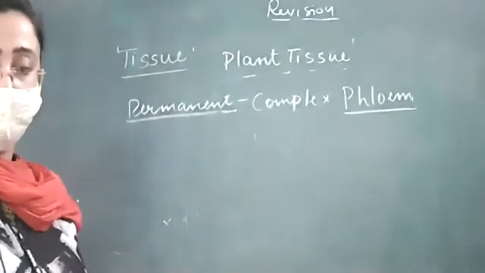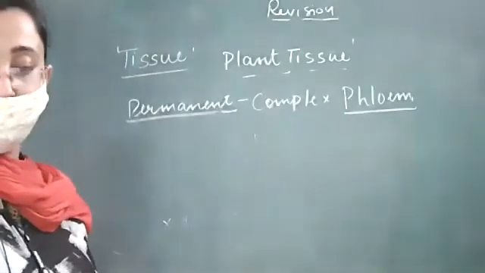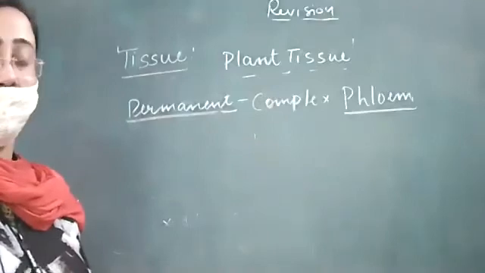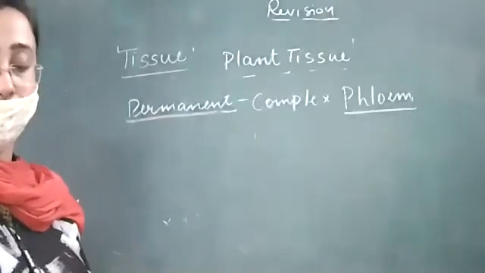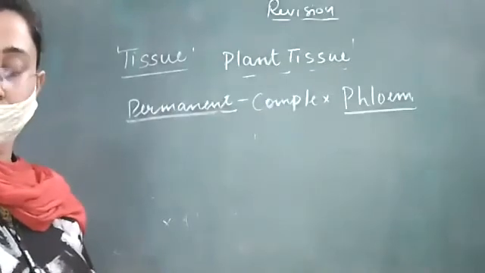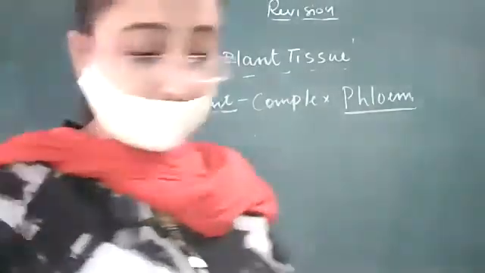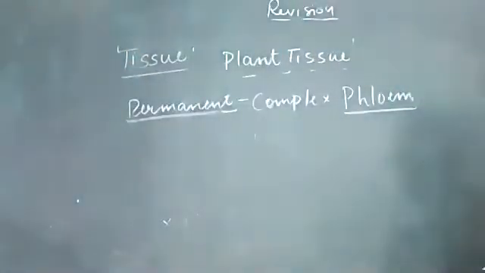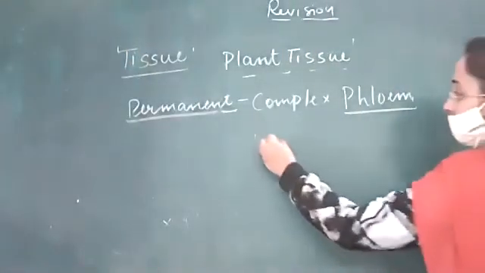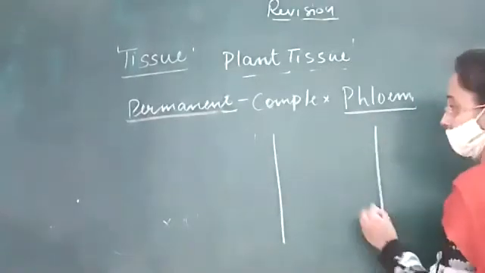Phloem fibers, companion cell, sieve tubes. Okay, so there are four parts of the phloem: sieve tubes, companion cell, parenchyma, and fibers or sclerenchyma. So let us draw the diagram again. Likewise, as in the xylem, we are having